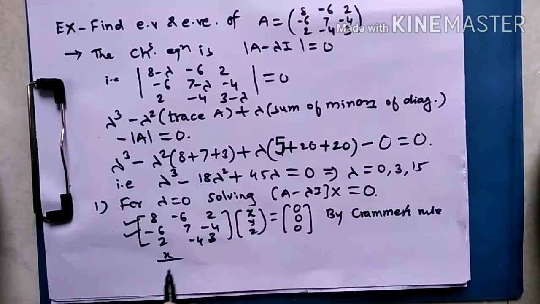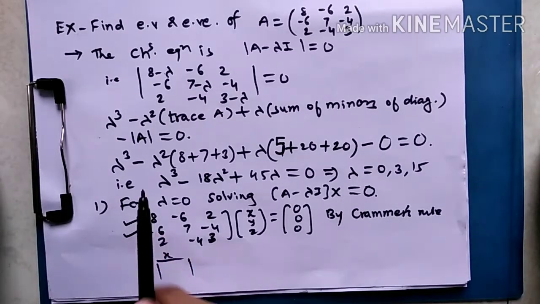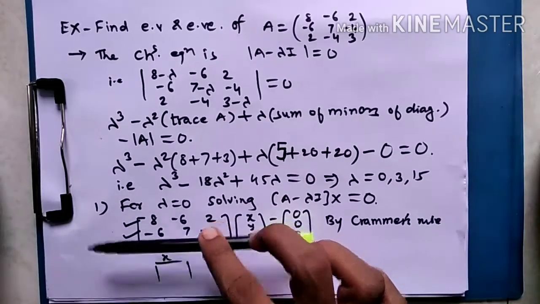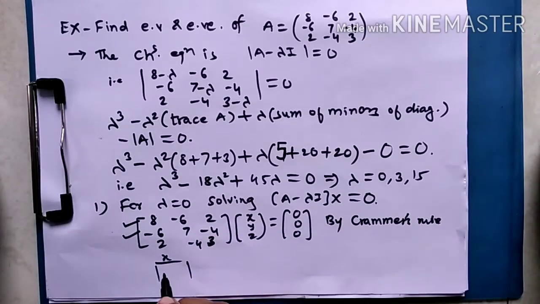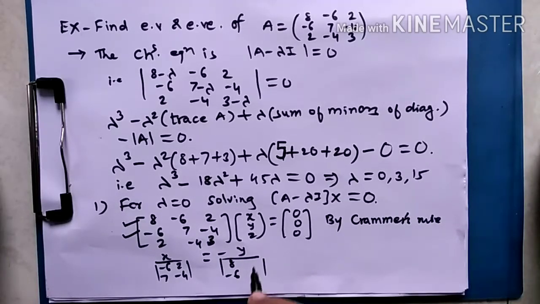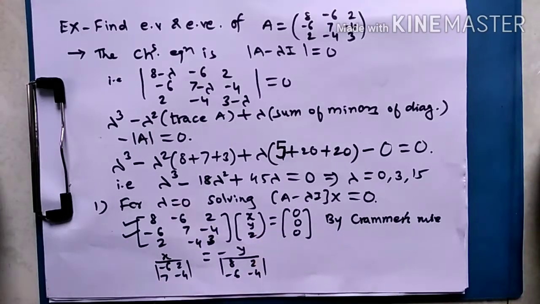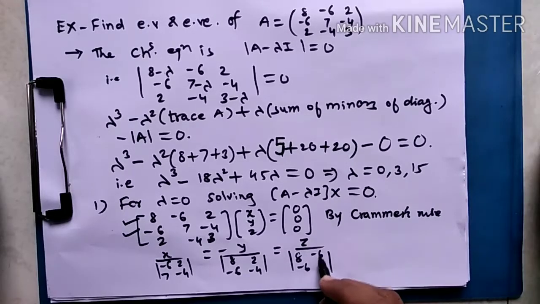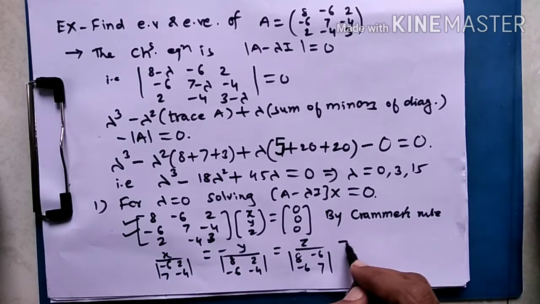I am writing the value of X in the denominator. For X, we will not be writing the first column. You can observe that we are not having the third row here. Now for X, don't write the first column. So it is the determinant of this 2 by 2 matrix. Then the second value is always negative Y, so remember it. Now for Y, don't write the second column, so it is 8, minus 6, 2, minus 4. And then for Z, don't write the third column, so you will be having 8, minus 6 and 7. Just solving these determinants will give you the required answer for X, Y and Z.